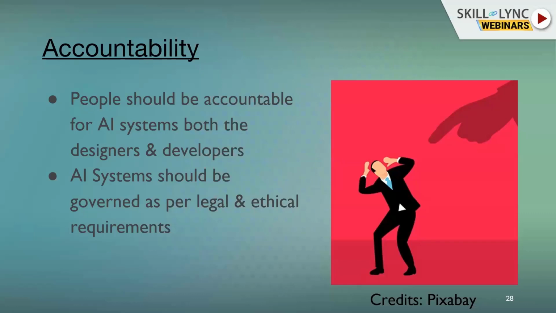And also from a legal point of view, you should not violate a government's or a private organization's legal rules and build AI systems against them. And to maintain this, the persons who design and develop this AI system should be held accountable. So that is what the accountability principle means.